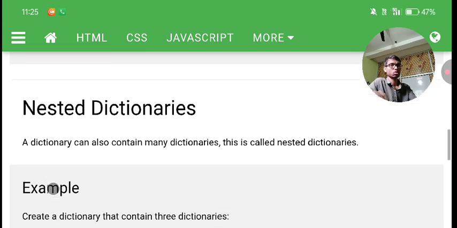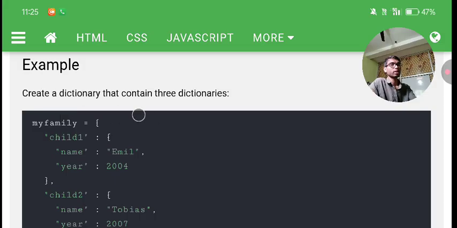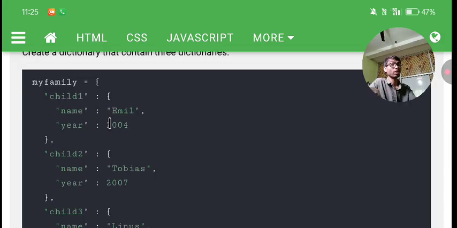Okay, it is also possible by doing like that. Nested dictionaries. A dictionary can also contain many dictionaries. This is called a nested dictionary. In this, you create a dictionary that contains three dictionaries. Yes, it can. Just you will have to use another a lot of dictionary symbols you can use